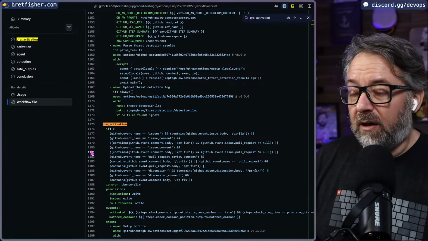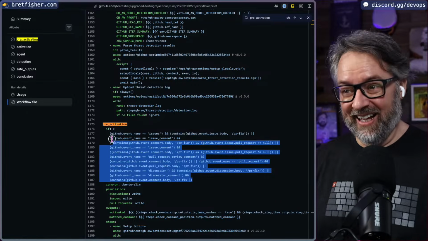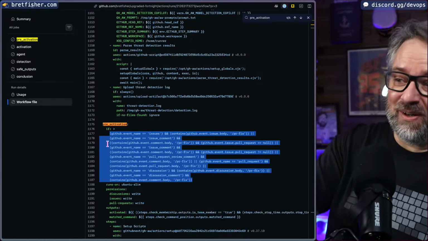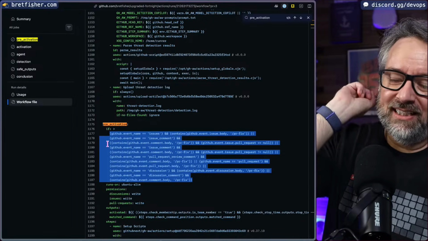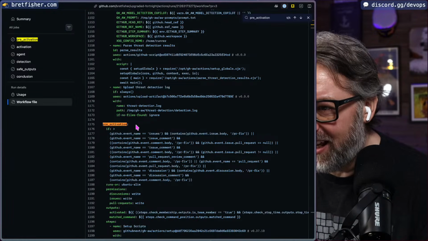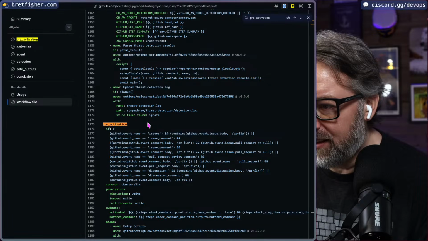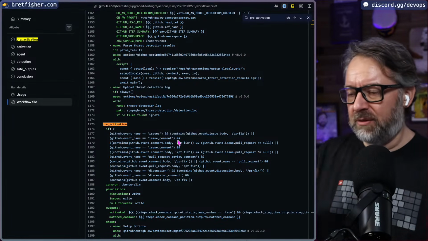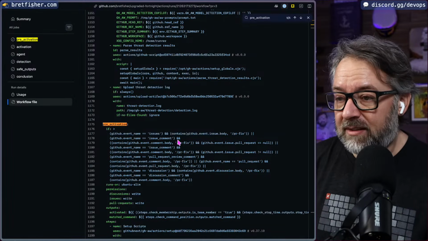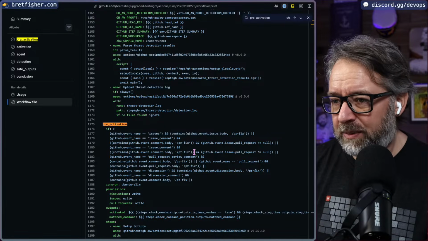There we go. If, oh, woo, that's an if statement. That right there is why YAML is not a great programming language. If it's an issue and GitHub event issue body PR fix, and okay, so it's an issue comment and the comment says PR fix